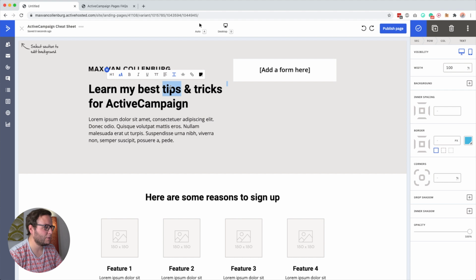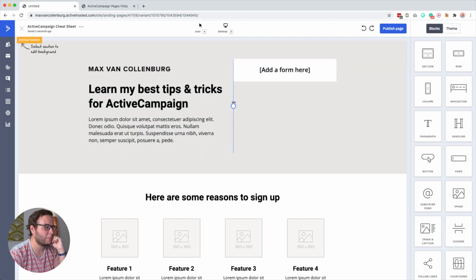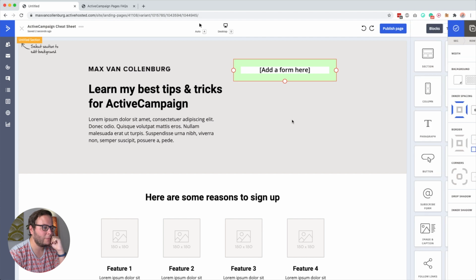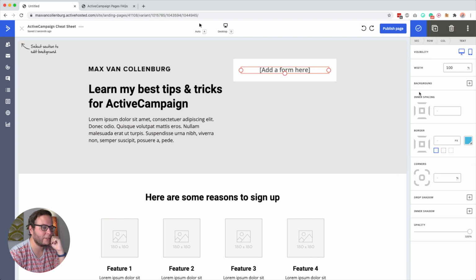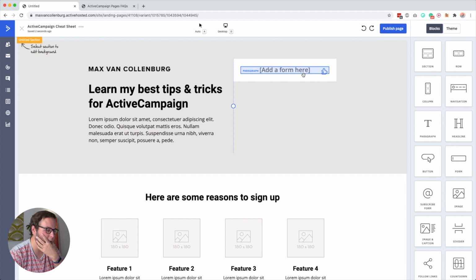Okay. Best tips and tricks. Then this I want to have underlined. Is that possible? Yes, I'm just doing Command U. Oh, here. You can also make it cursive. This, what's this doing? Capitalizing. All right. Now here we can also add some text if we want to. I'm not going to write everything out now, but just to see what's possible. Then here it says add a form here. Column, so we have a column here, and this is just a paragraph, just text, right? They're just showing you, okay, you can add a form here. So how do we add a form?